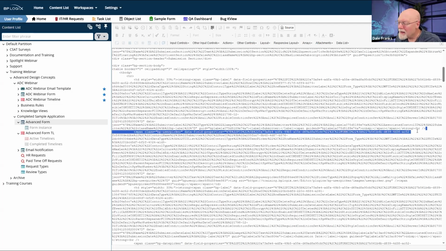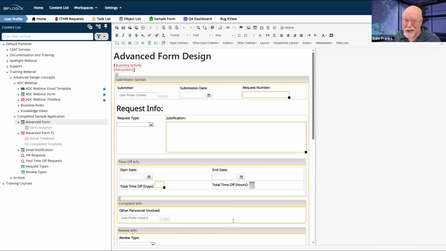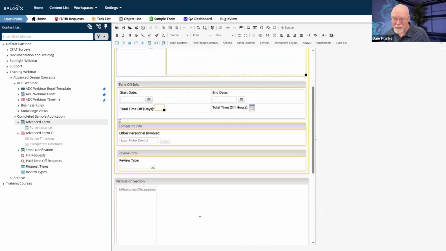See, there's only a break control, not a paragraph control in there separating these. And so I've got all of these section controls all jammed up together. But I can do that because I can go into the source and edit the source and make them all jam up together.